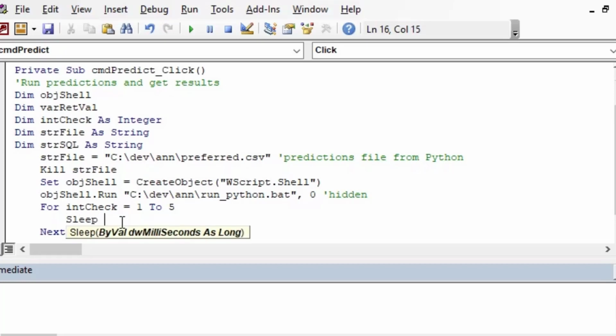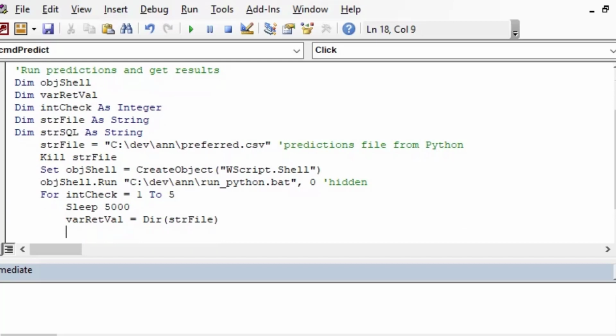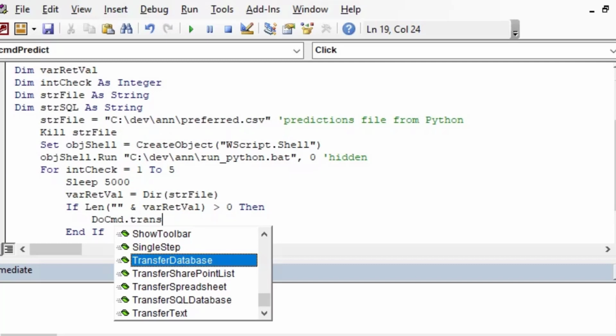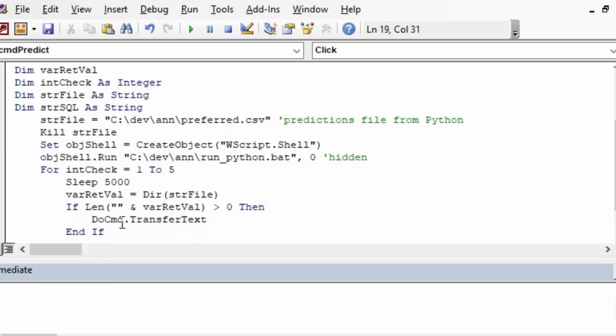And then we'll use a for next loop, which I also covered in a previous episode. You can check that out by seeing the card up above here. We're going to use a for next loop to go 5 times, and inside of that loop we're going to sleep for 5 seconds using the sleep that we declared above. So it's going to wait 5 seconds, and then it's going to check for that preferred file that we deleted, and then if it happens to be there, we'll use the dir command there,